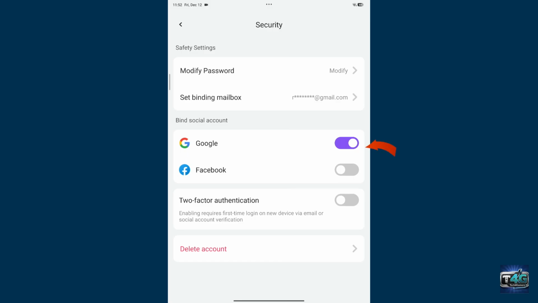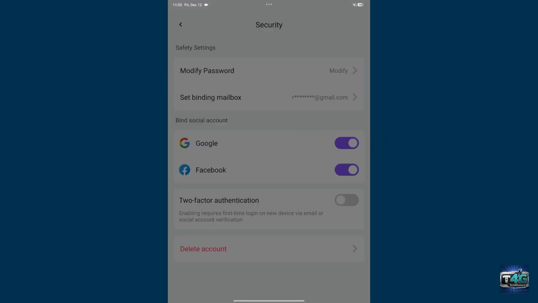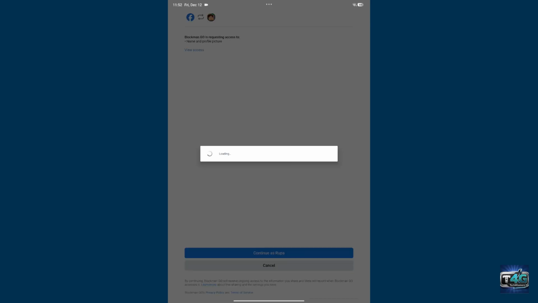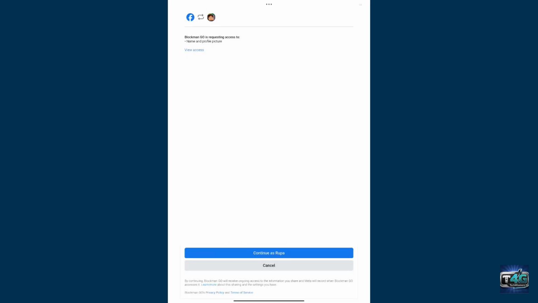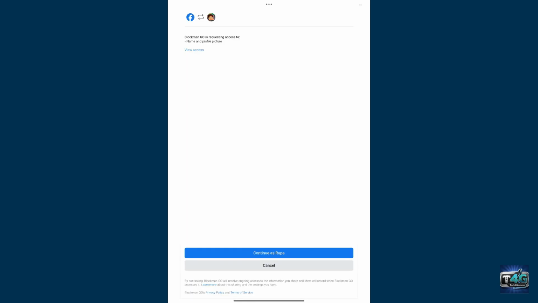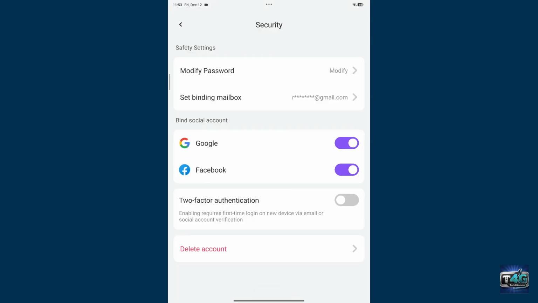Similarly, toggle on the button right next to Facebook and it'll take you to the Facebook login page. Go ahead and enter your Facebook account's credentials, and once you are logged in, tap on the Continue button at the bottom to bind Blockman Go with Facebook as well. Now once you do that, your Blockman Go account is secured and can be restored if you switch phones or